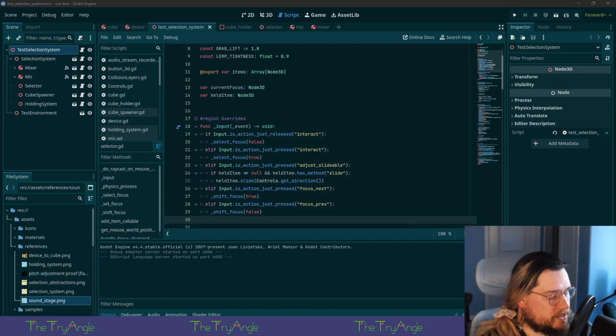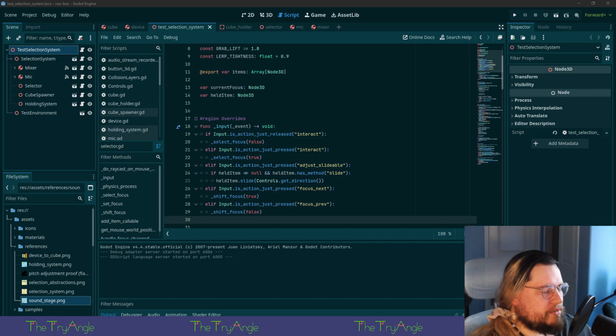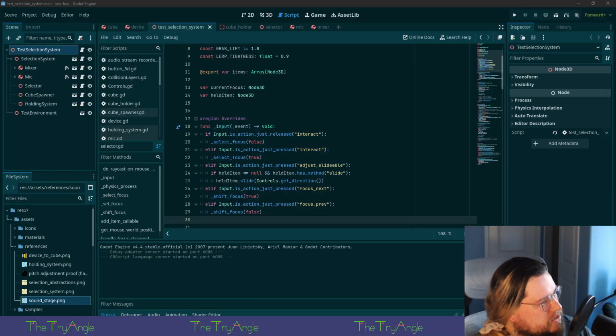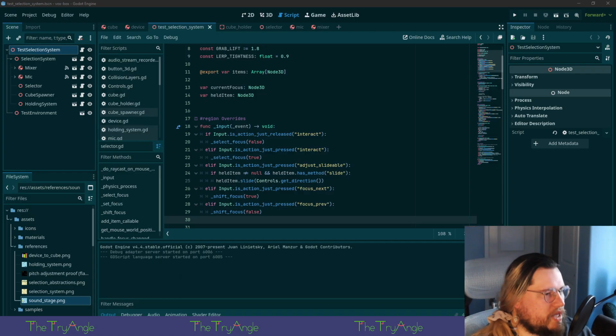And one of those things is the input system. I call it a selection system, but at the end of the day, I want people to interchangeably use mouse and controller or keyboard or whatever.